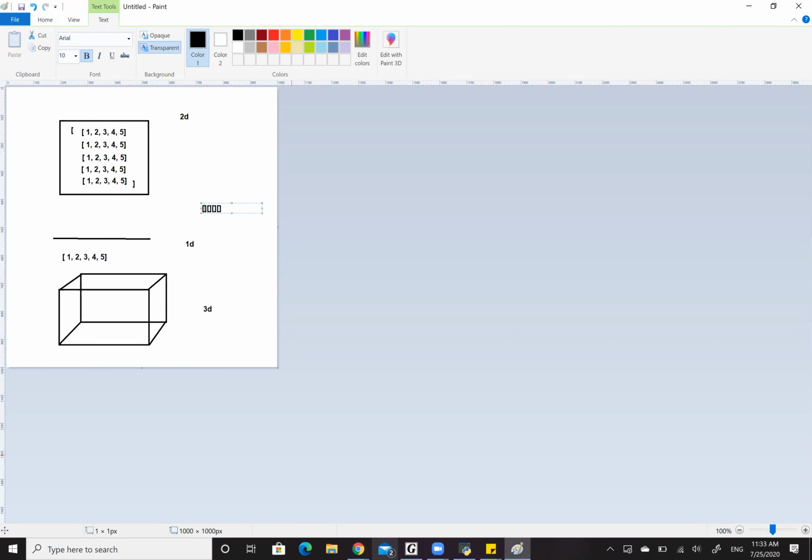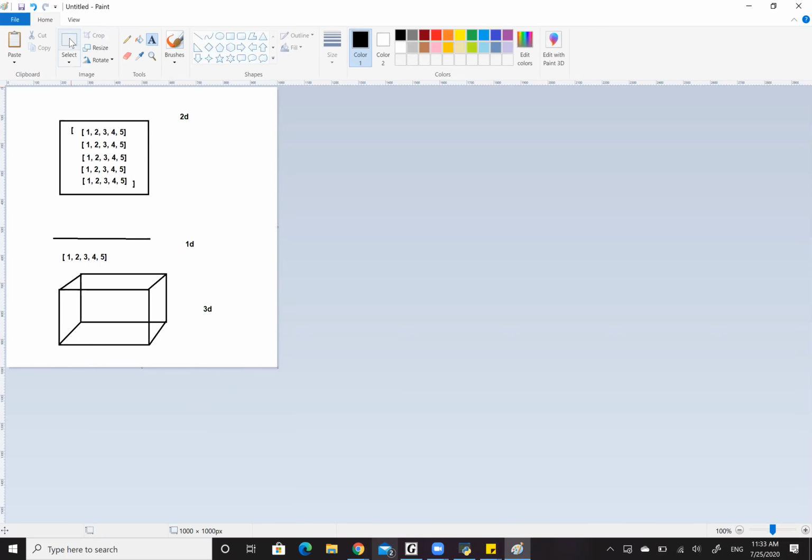So let's say this list is 1, 2, 3, 4, 5. Or you know what? Let's try to keep the drawings a little simpler. So we have this two-dimensional array,